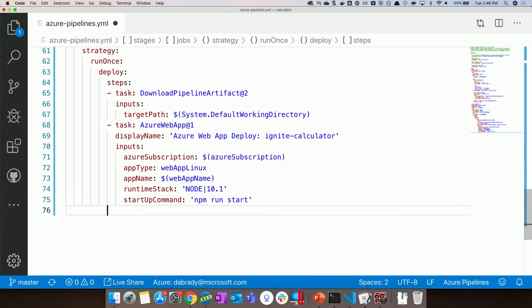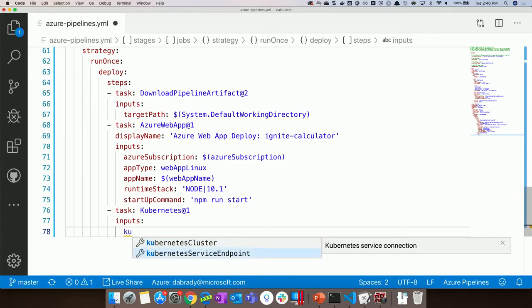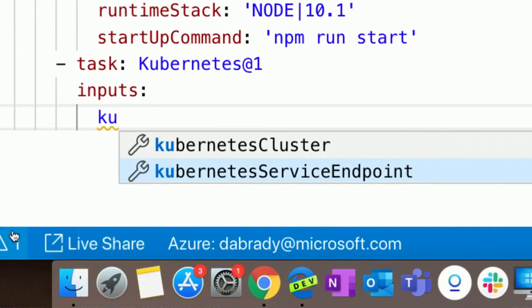So if we had a task which was a Kubernetes task, there's a few inputs that we need. And one of them is the Kubernetes service endpoint. We don't need to specify this here where we normally would because it comes from the environment that gets pulled down. So we can do exactly the same tasks and it's just the environment that determines the differences between them.